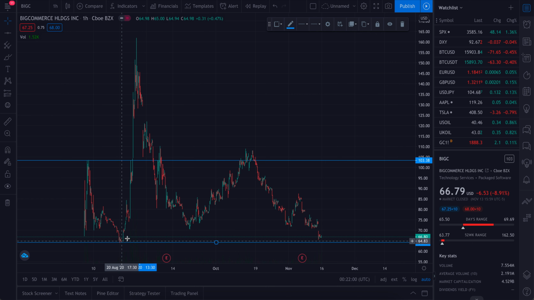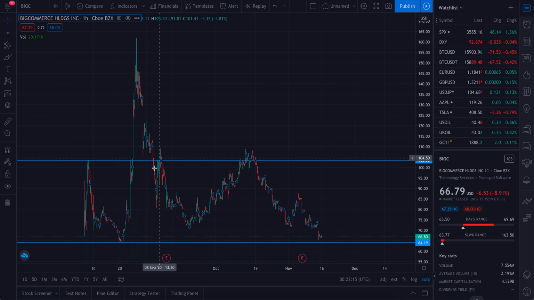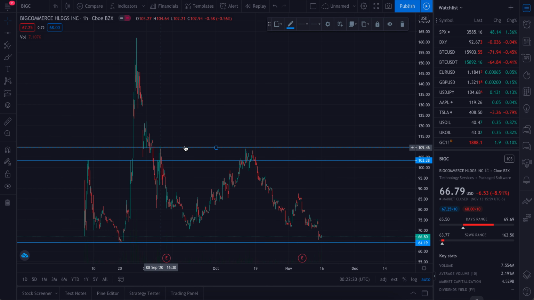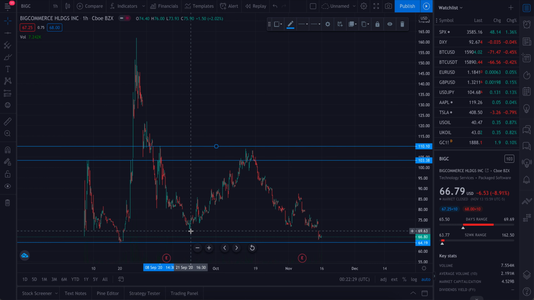So here's the low. Bounced off of it, came back up, tested the resistance, and broke through it with a lot of volume. And of course, just like stocks do, came right back down just as fast as it went up. It set another level of resistance right here after it bounced and could not break through once again. So Big C traded around, uses these lines, found another line of support right here.